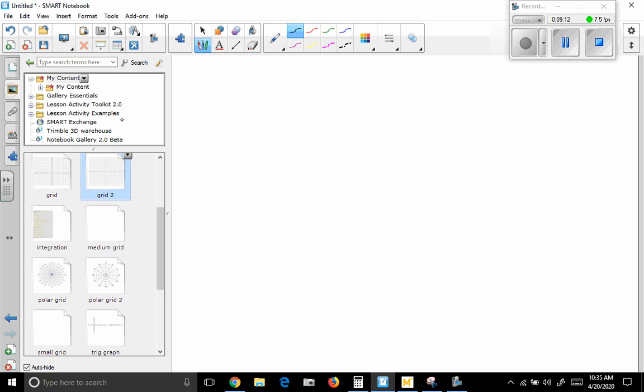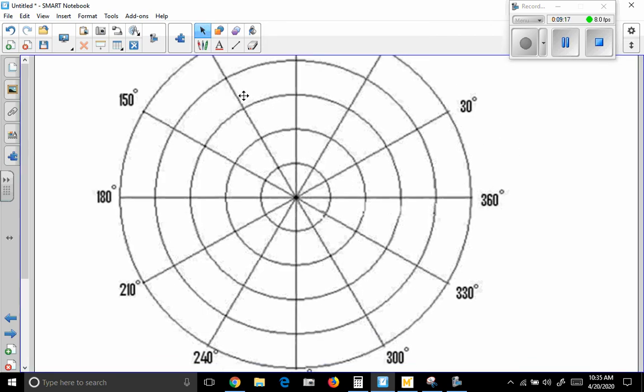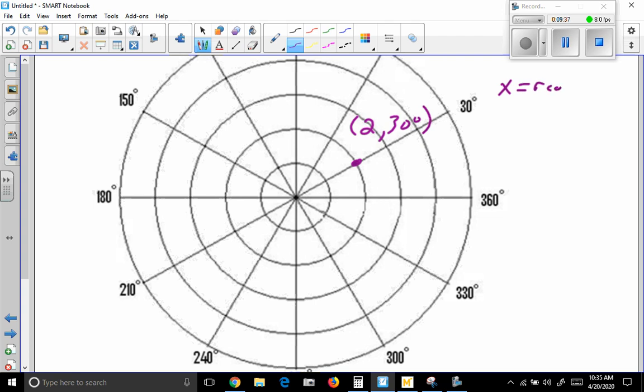Now let's go from polar to rectangular. So let's suppose we have a point located here, or let's go here. The polar coordinates are 2, in a direction of 30 degrees. And the formulas we use are that x is r times cosine theta, and y is r times sine theta. So if we know r and we know theta, we just plug those values in, and that gives us x and y. So x is 2 times cosine 30,